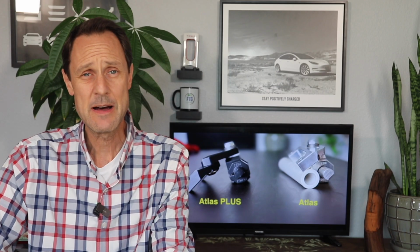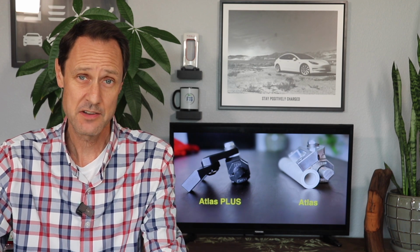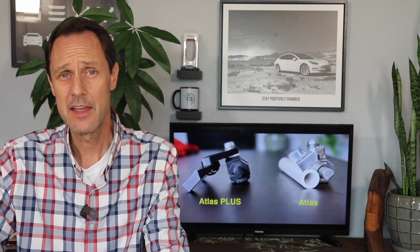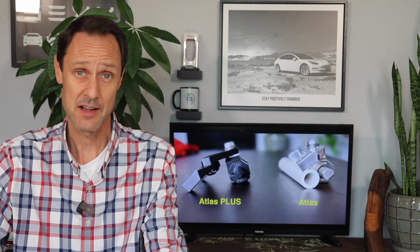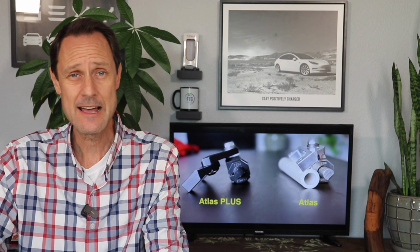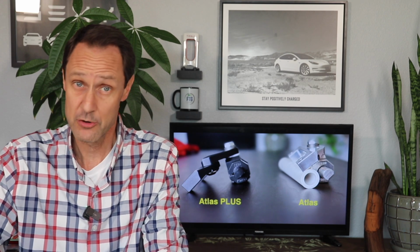The Atlas Tesla Model 3 and Y tilting screen mount from Tech Forum. I can't say enough good things about it. And just when I thought it couldn't get any better, Matt from Tech Forum developed the Atlas Plus. I'm Frugal Tesla Guy, and I was able to get my hands on one for a review, and spoiler alert,